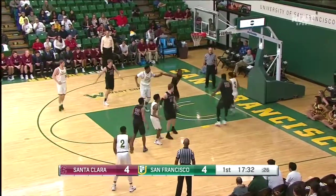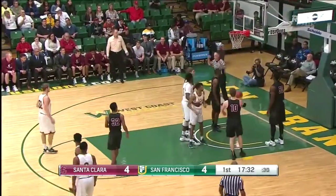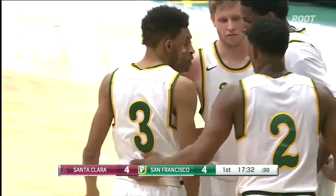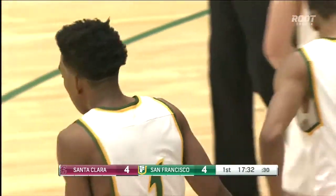Watson, nice bounce pass. Inside is Ronnie Boyce. It drops in, and Boyce was fouled, and that all started with Devin Watson. And that's a difficult pass to make. You bet, and it's all about